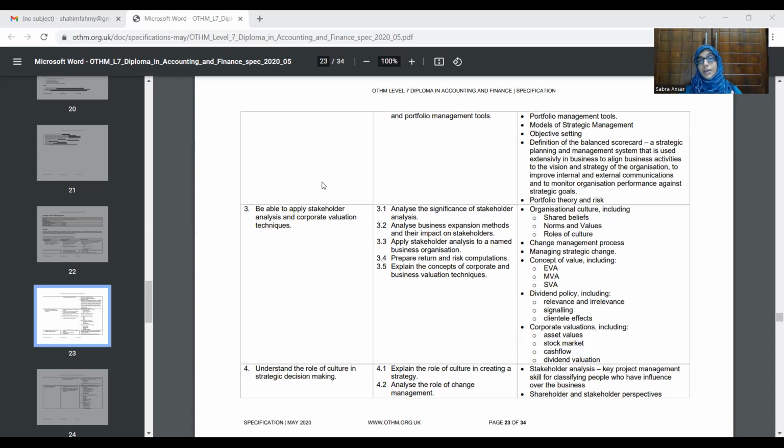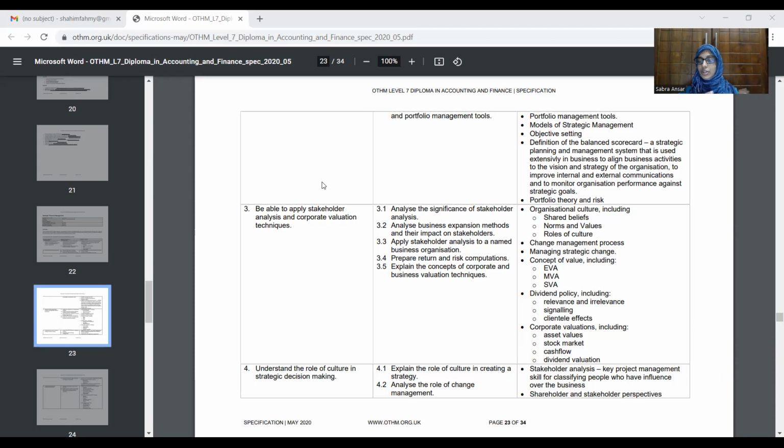Like if there is a merger, there will be certain concepts that will be taught. The EVM method, MVM method will be used to understand the value, like asset values, stock market cash flow, and dividend valuation are certain ways that we will be using to do the corporate evaluation. So basically this particular section will be more focused on business expansion and how a manager should